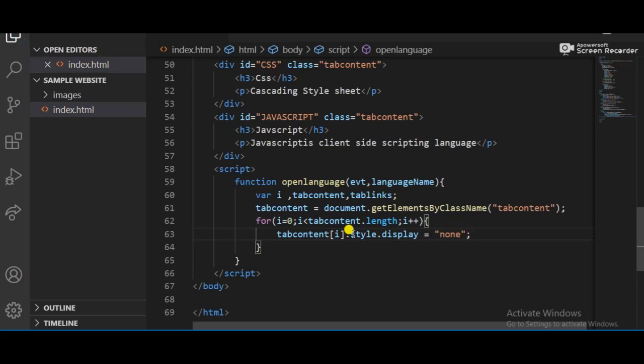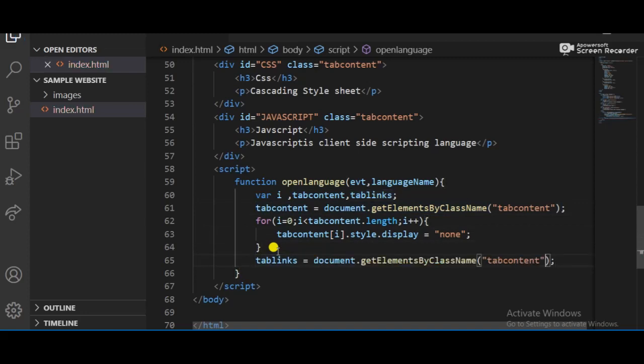When you click that, there is nothing to show, and after that we just add the tablinks. Here I have tablinks, and I get it again by class name. Copy it and paste it, and this will be the tablinks.